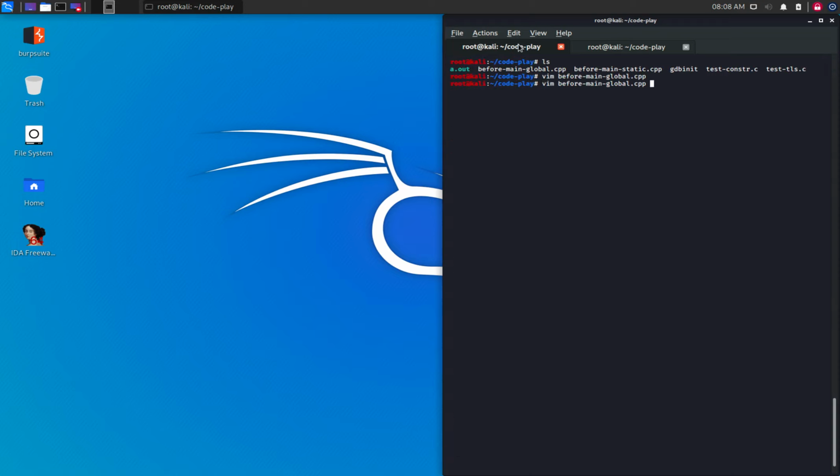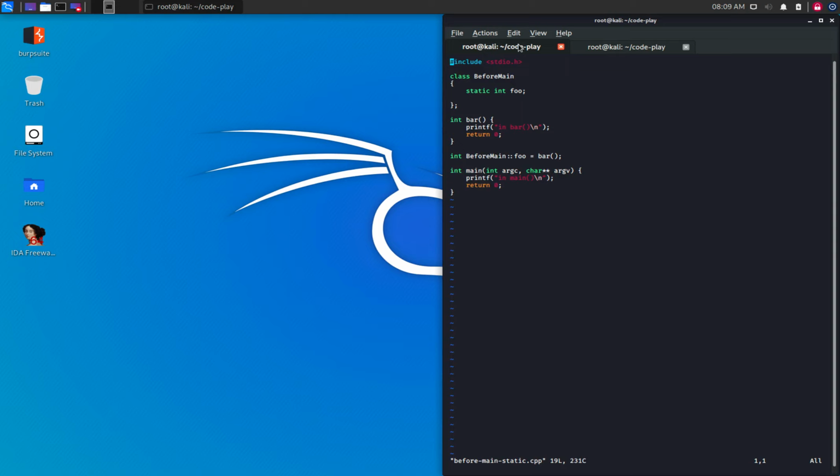The next one will involve a static class member. Alright, we define the class and inside a static variable. Remember, static members and global variables get initialized first. Foo variable is initialized by calling this bar function over here.